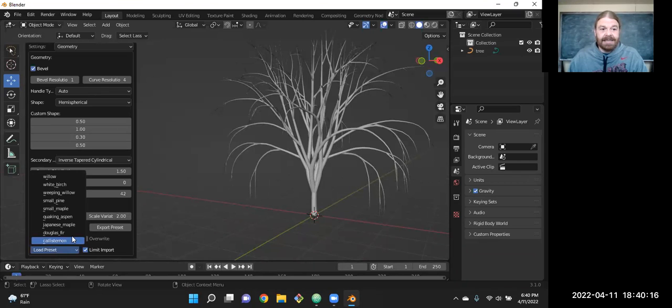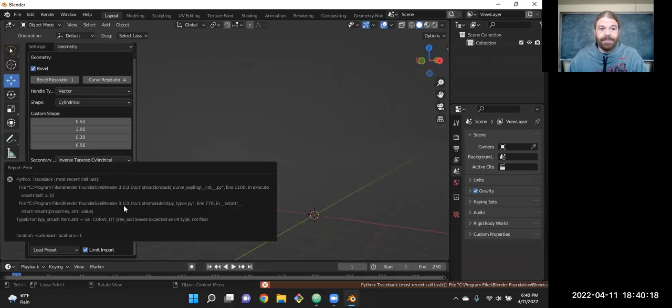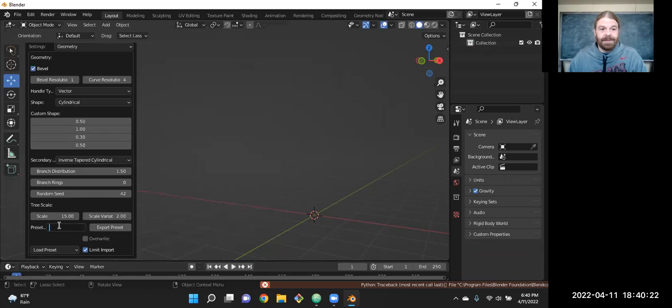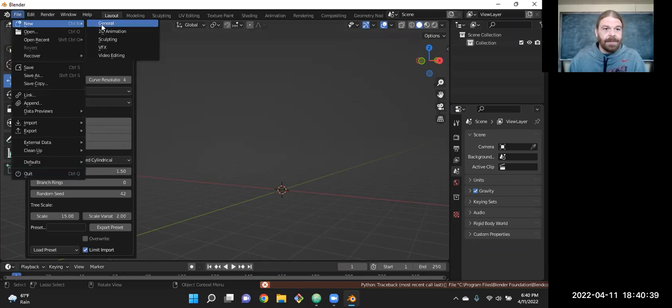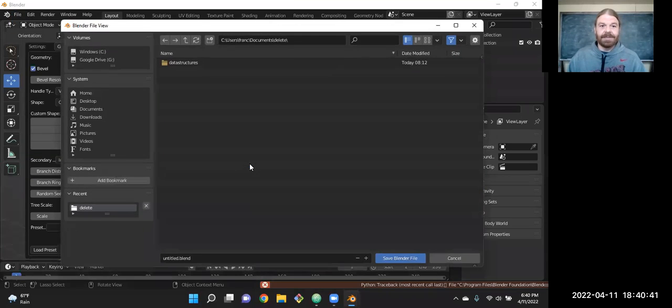There's some presets. So we could, whoops, oh, not a willow. Something crashed out of there on me. Okay, so oh, don't save.